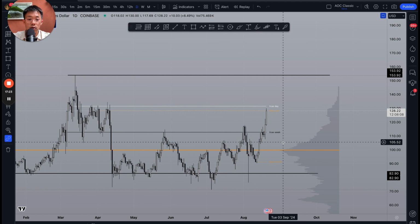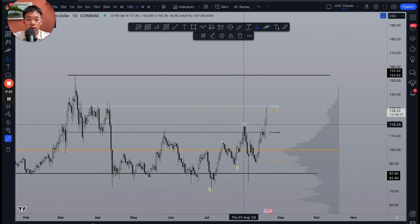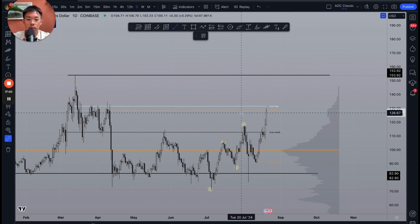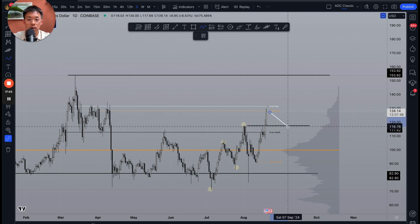And in terms of potential entries that you want to mess with Aave, one thing's for sure, before we get into that, you have market structure: high, high, high, low, high, high. This is very much just a liquidity sweep. But the point is that currently, you could say that this is the high or low. I'm not going to even bother with that. Point is, you have broken above this high right here, and so a retracement back into this high, or potentially even back to the true yearly open,